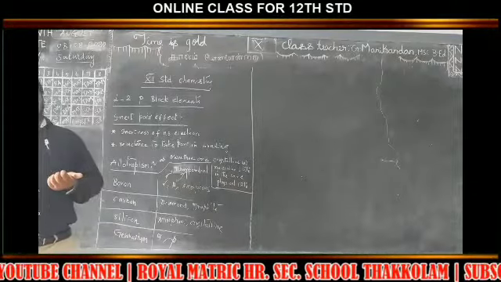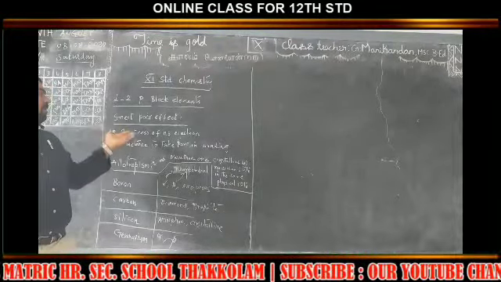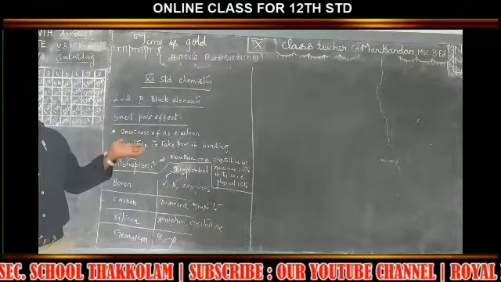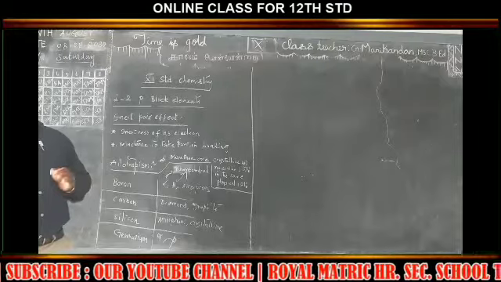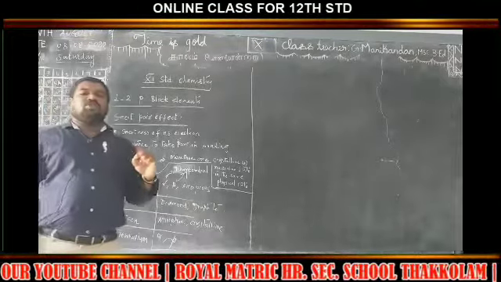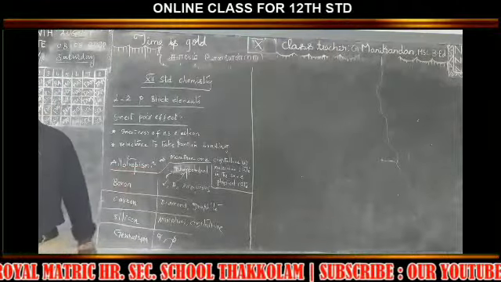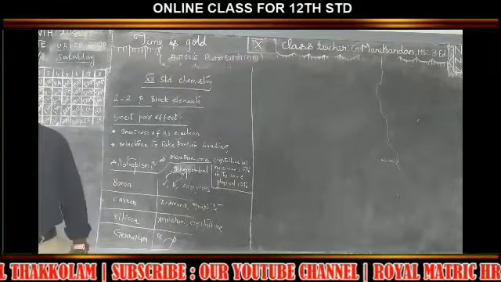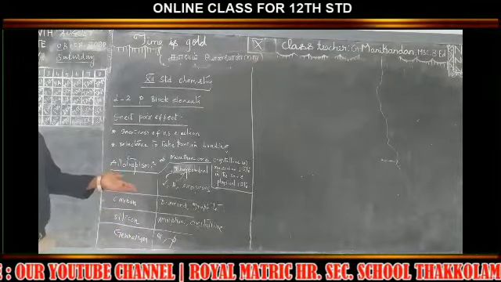So far we have discussed the inert pair effect in P block elements. It is a very important property. They may ask it in 2 marks also, and 1 mark questions will be asked from this topic. Allotropism in P block elements is also asked in 1 mark, and at the same time 2 mark and 3 mark questions may be asked.